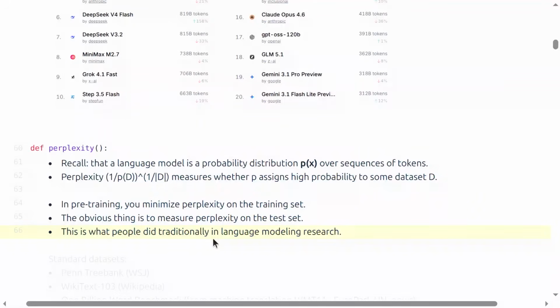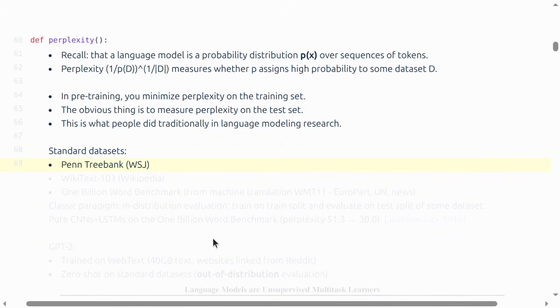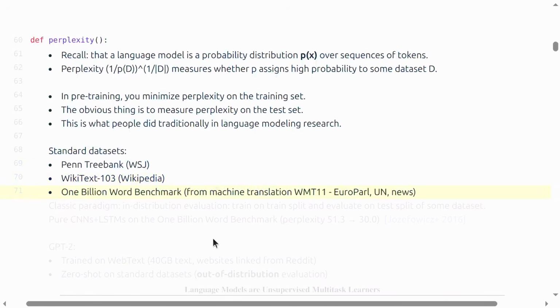Okay, so this is fairly natural. In fact, when we were doing training, we minimized the perplexity on the training set. So the obvious thing to do is measure the perplexity on the test set. And this is what people traditionally did in language modeling research for many years. Throughout the 2010s, if you pick up a language modeling paper, this is what they did. And back then, standard data sets included the Penn Treebank, WikiText-103. There was also this 1 billion word benchmark, which was taken from